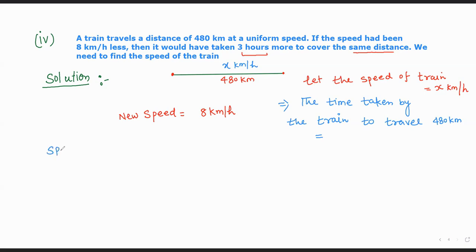So you know the formula, speed equals distance upon time. So the distance is 480 upon,